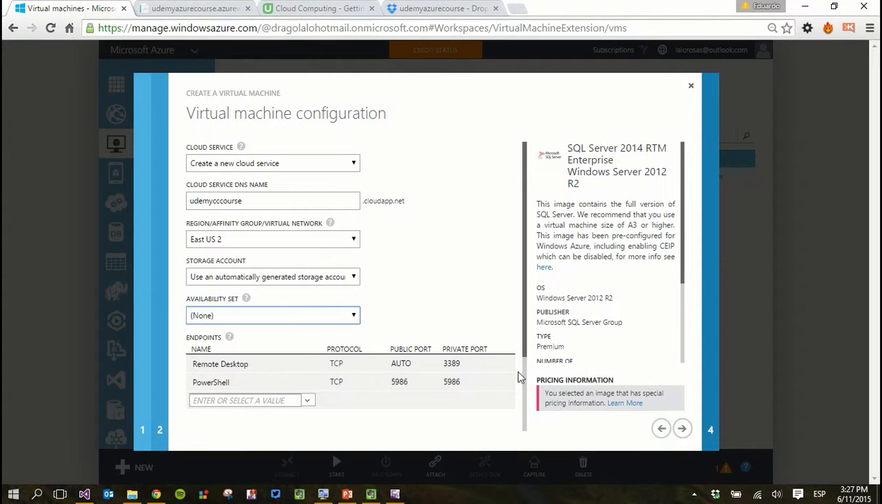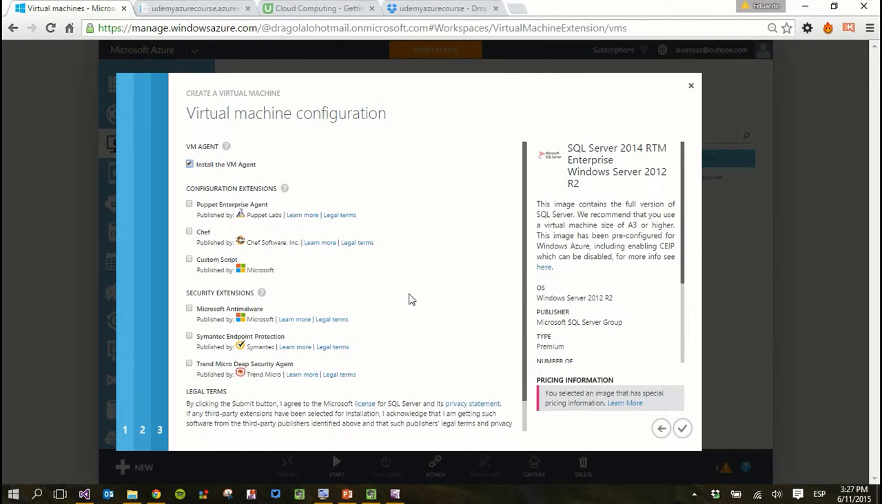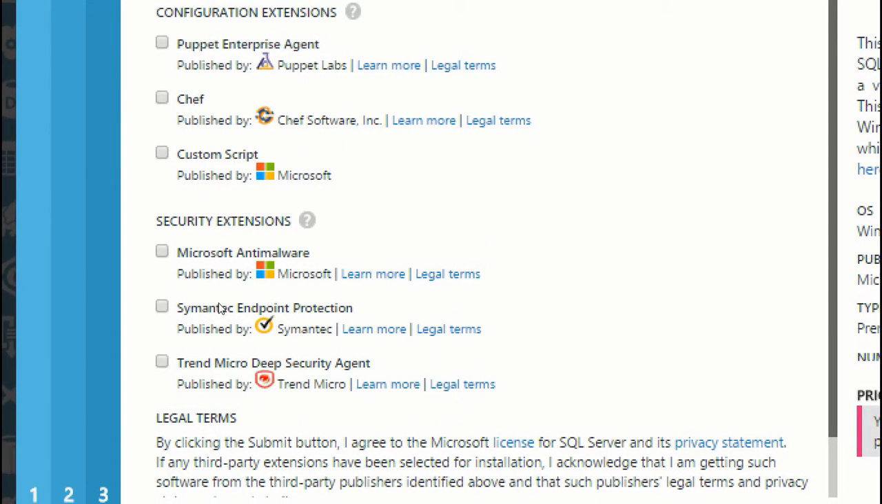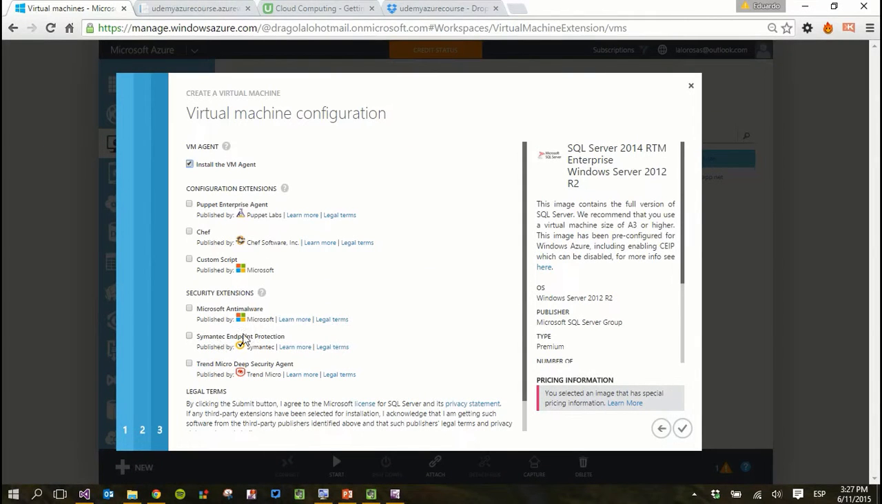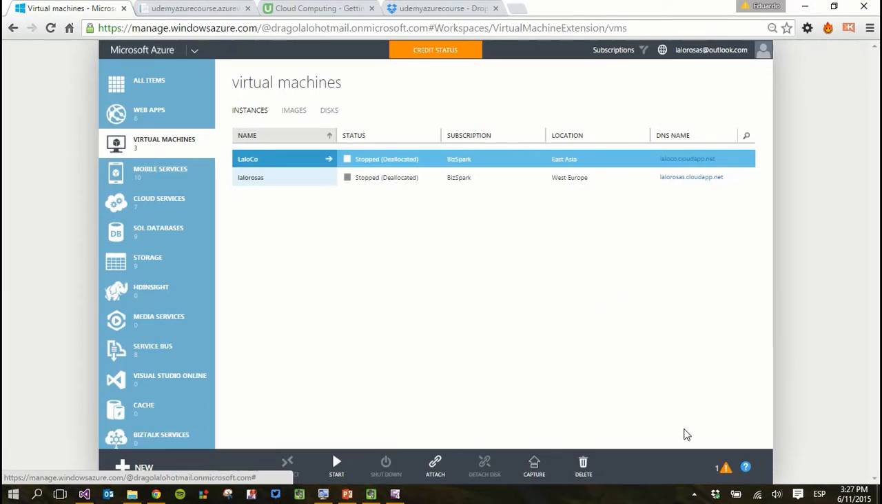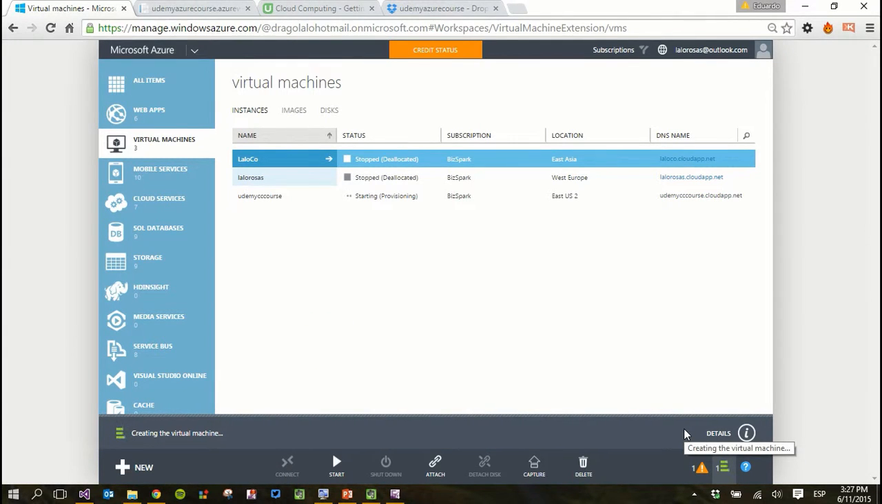I'm just going to set remote desktop. Of course, it is necessary for you to remote desktop to your virtual machine, but I'm just going to set it the way it is and click the arrow. And in here you can add some other configurations. You may want to add Microsoft anti-malware or a particular protection for your virtual machine. I am not going to do that. I'm just going to click on finished with that little tick, and it's going to try and create my virtual machine. Now this usually takes between 5 up to 30 minutes,